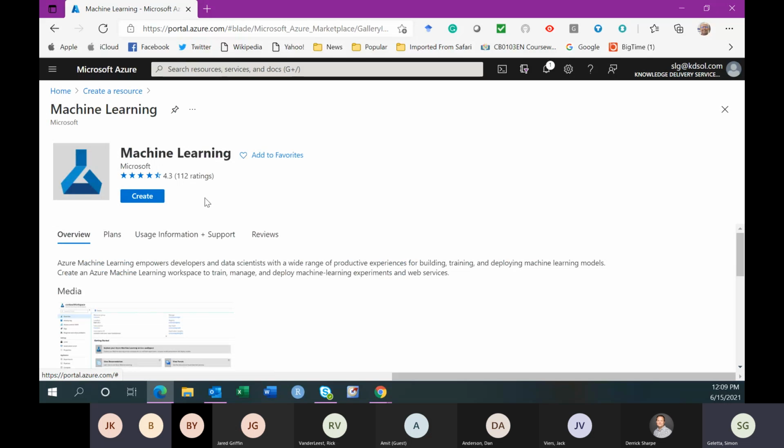The type of machine learning operation that I'm going to demonstrate today is based on the Machine Learning Studio. Azure allows you to do machine learning in more than one way. They're very flexible, a huge number of ways you can do this, and I'll show you that as I work on this one.